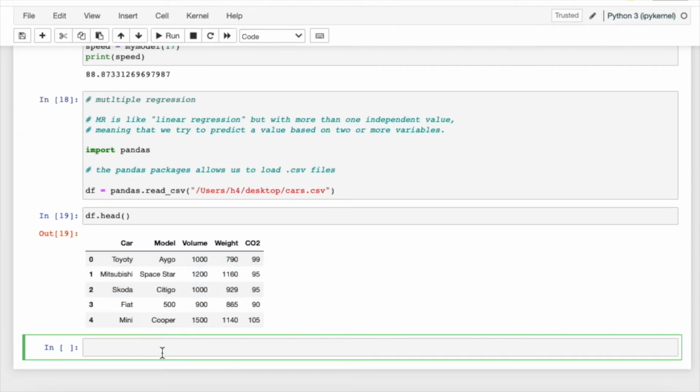So now we try to predict, okay? We want to predict the CO2 depending on the weight and on the volume, okay? So this is a 3-dimensional cloud of points, okay? There's a bunch of points here, volume, weight. We try to predict the CO2 emission, depending on the weight and on the volume, okay? So we say our variables